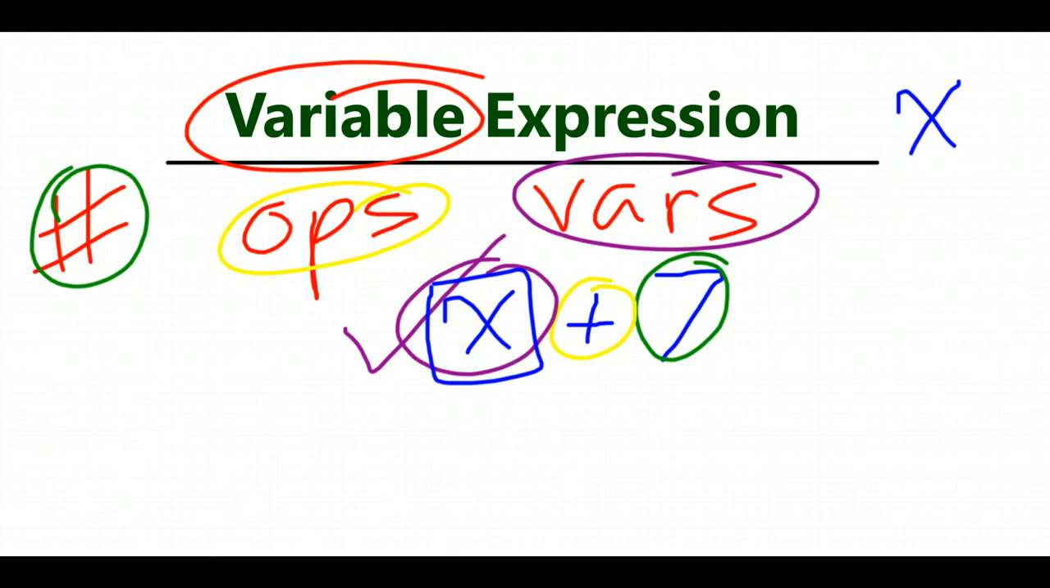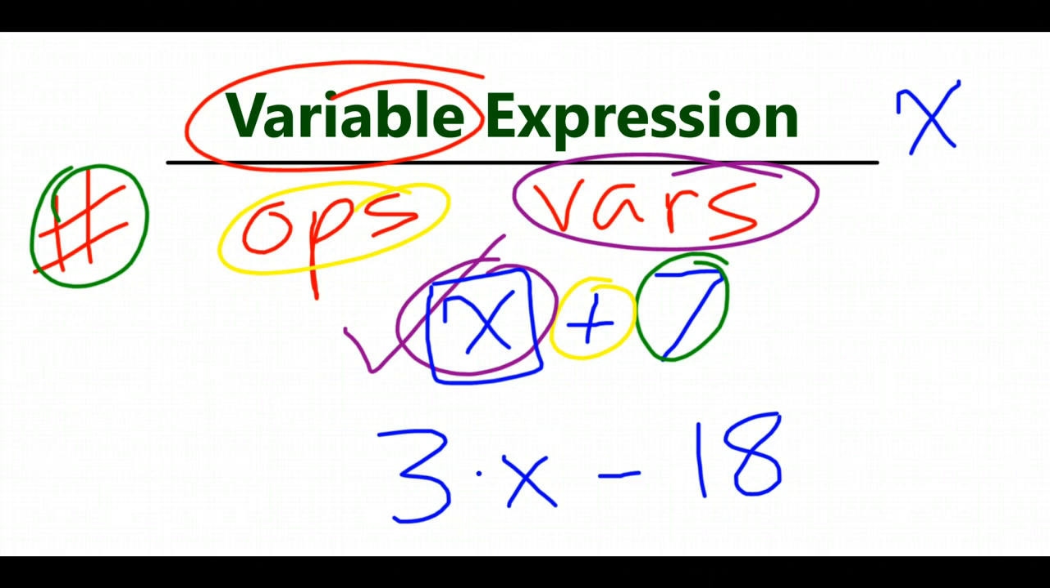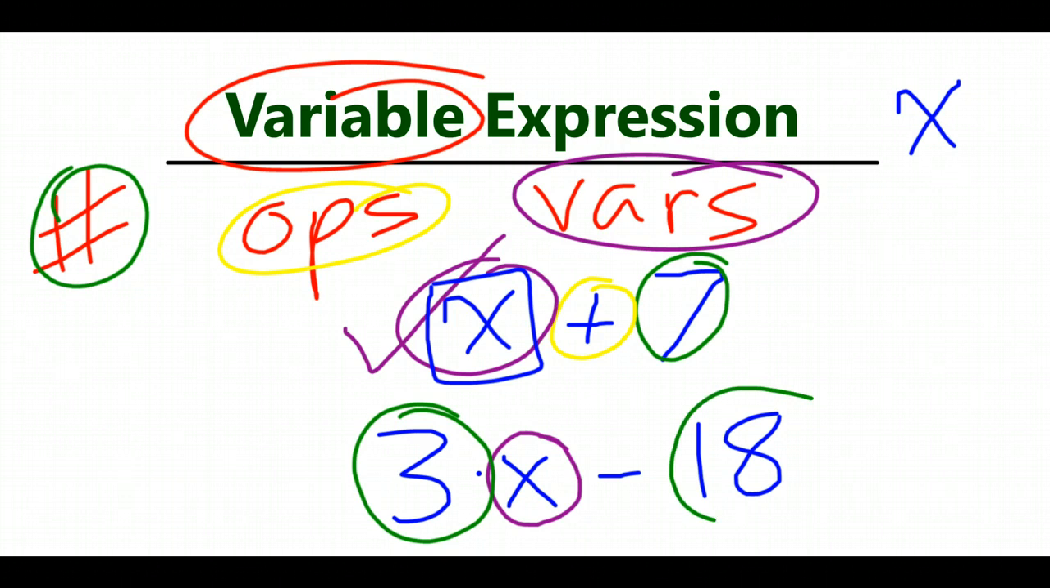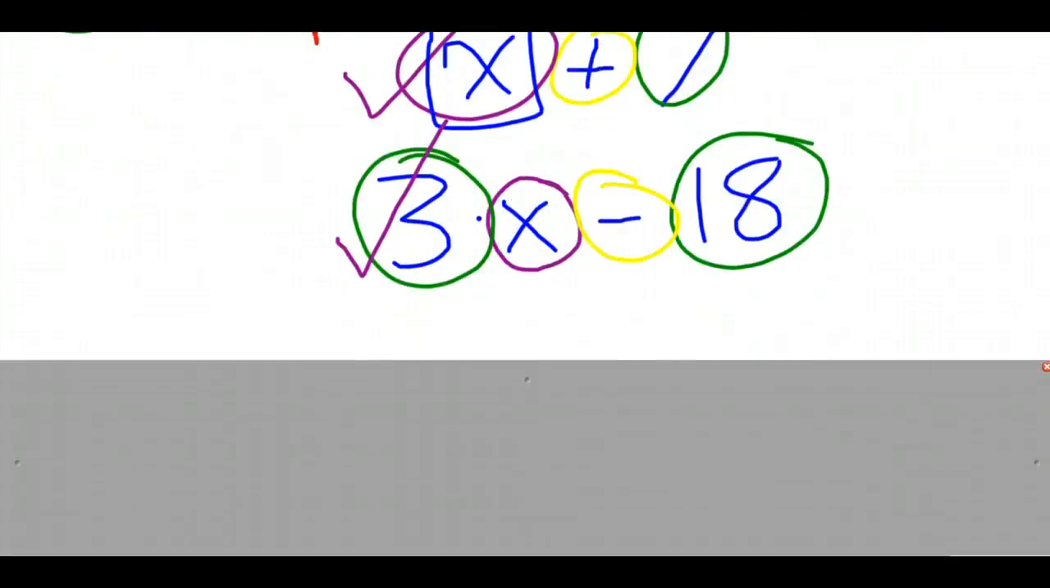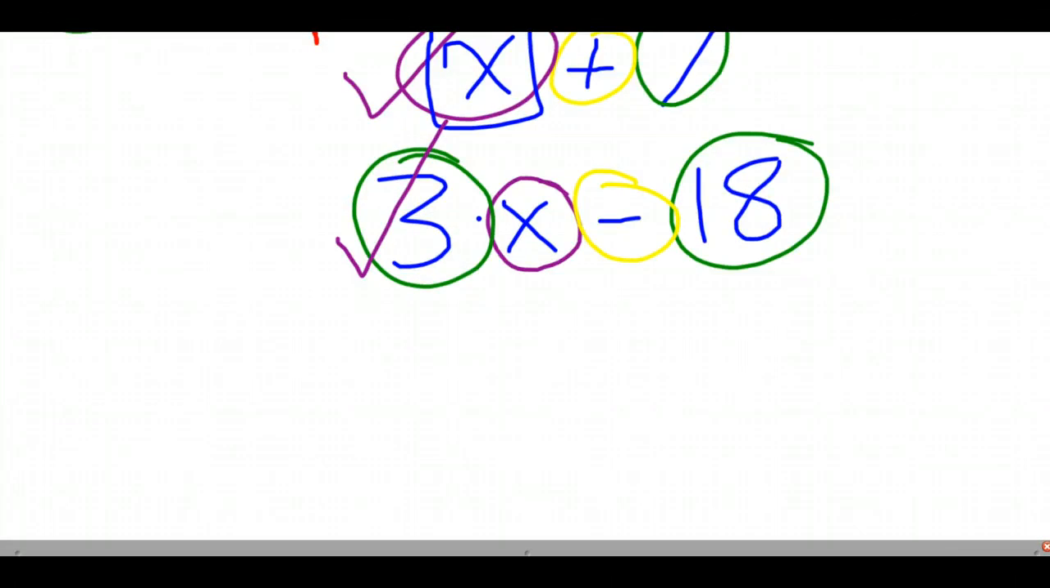So let's look at another example. We have 3 times x minus 18. So our variable, our numbers, 3 times x really just means 3 times whatever unknown value x is, and our operations, numbers, operations, variables, variable expressions. And so we'll have one more example of this that we can look through, and that will be